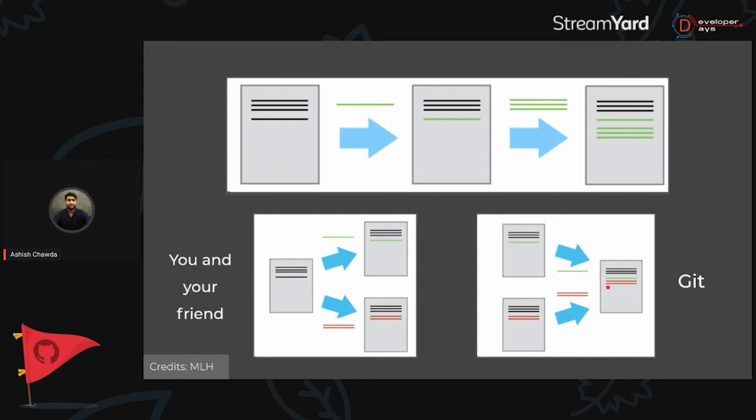There may be some times that you may experience some merge conflicts, where Git is unable to identify what to take in and what to reject. So yeah, that is a scenario of merge conflict. But yeah,